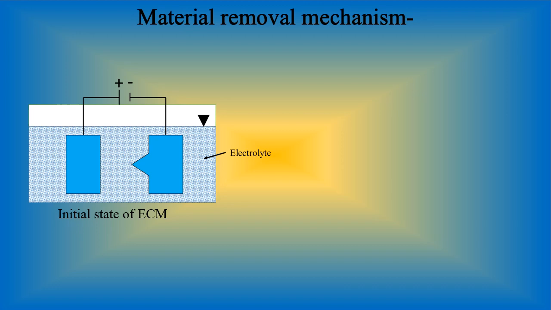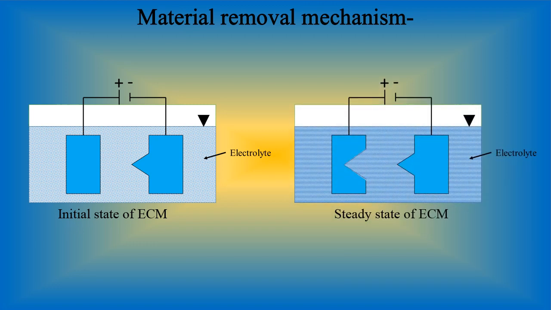Now when we supply some power for a certain amount of time, what is happening? Dissociation reaction will take place, dissolution of the work material takes place, and what do we finally get? We get a shape on the workpiece like this. A triangle shape will be there. So whatever shape you take on your tool, a similar shape you will get on the workpiece. If you are taking a square, you will get a square. If you are taking a rectangle, you will get a rectangle on the workpiece.